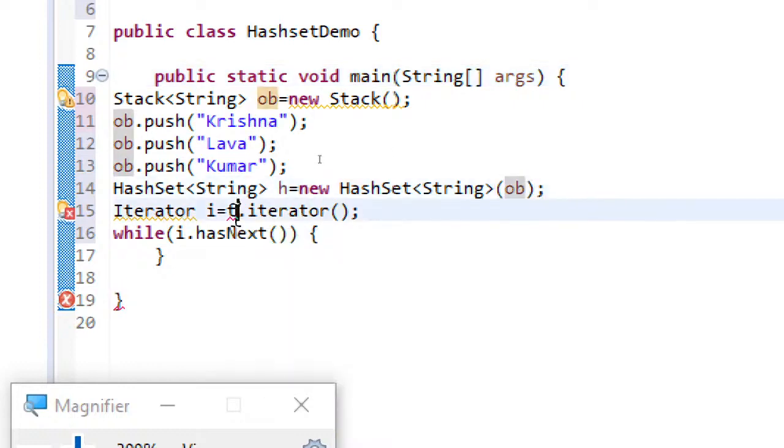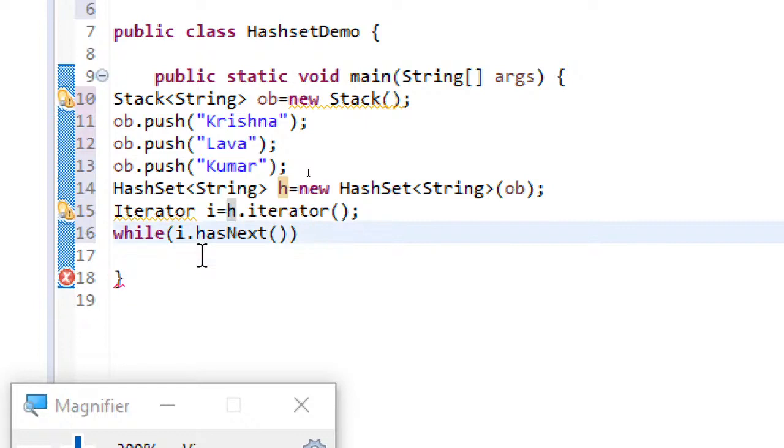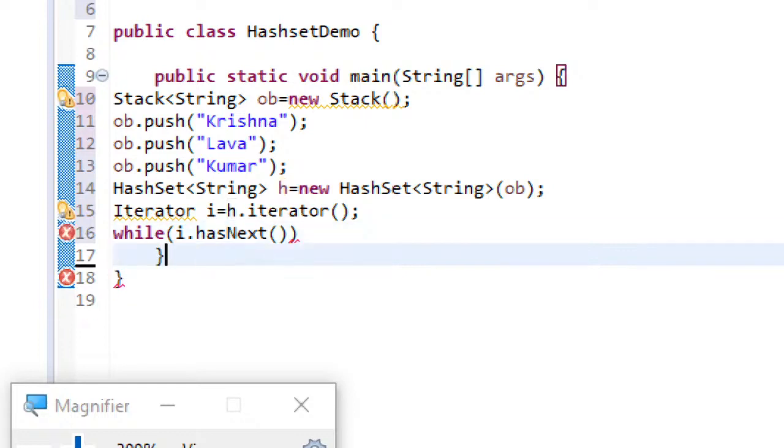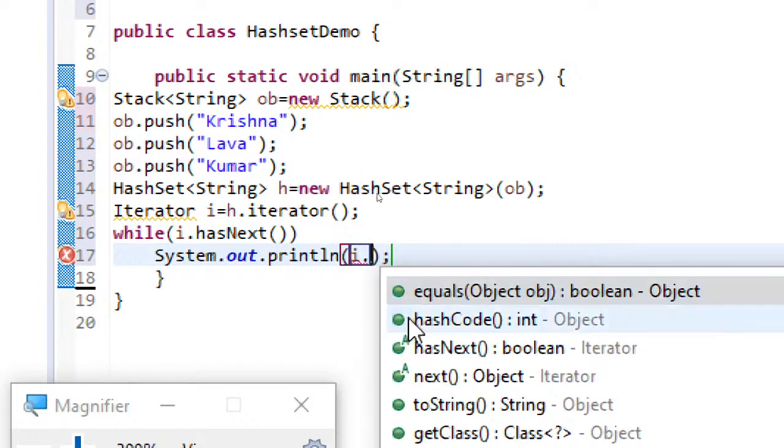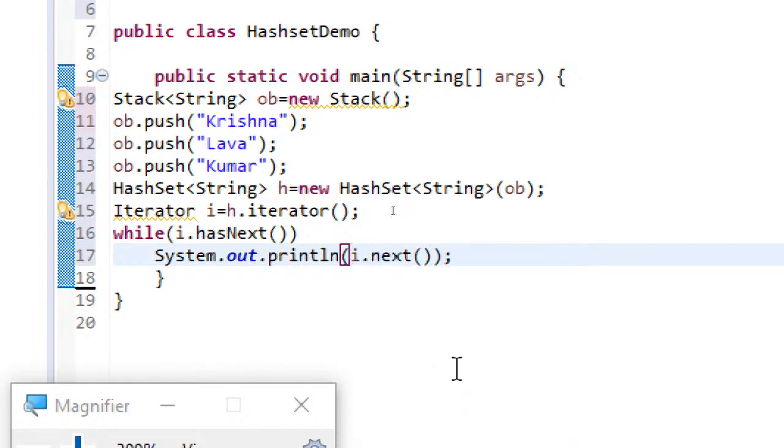While i.hasNext, let's try to just display this i.next.